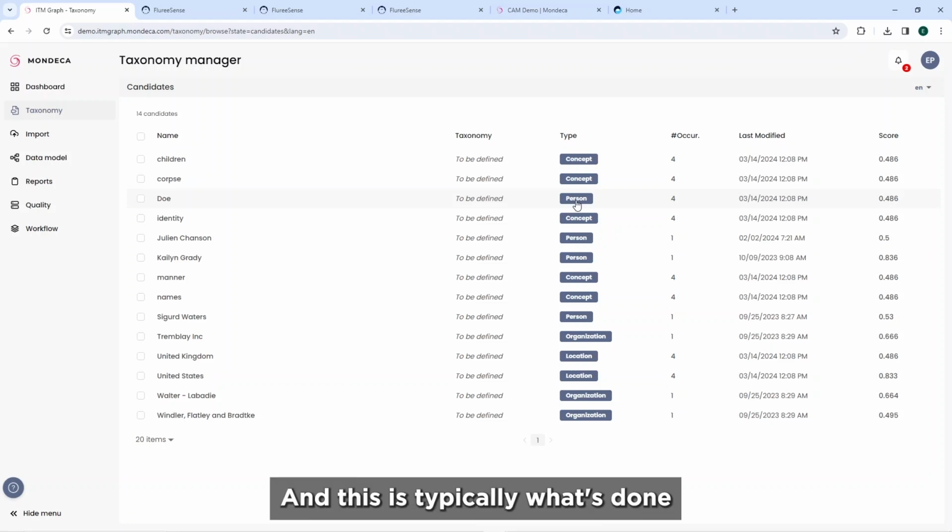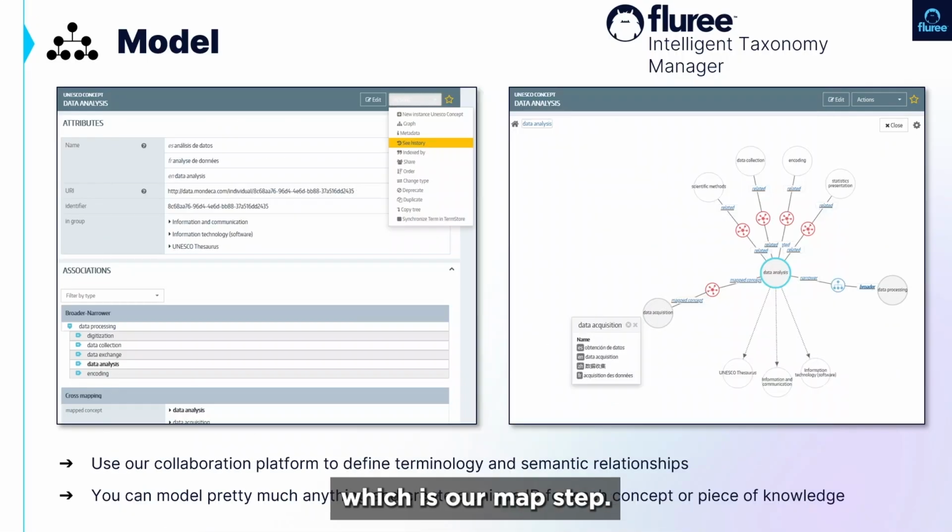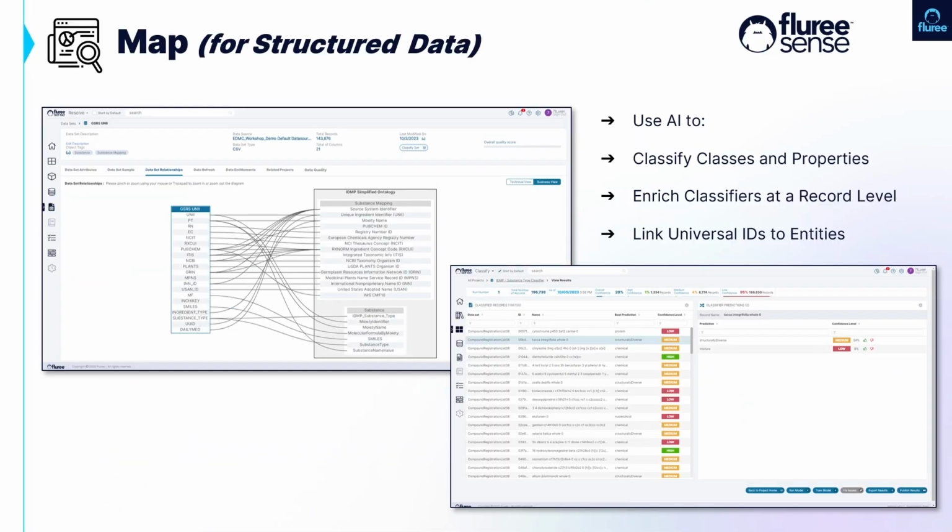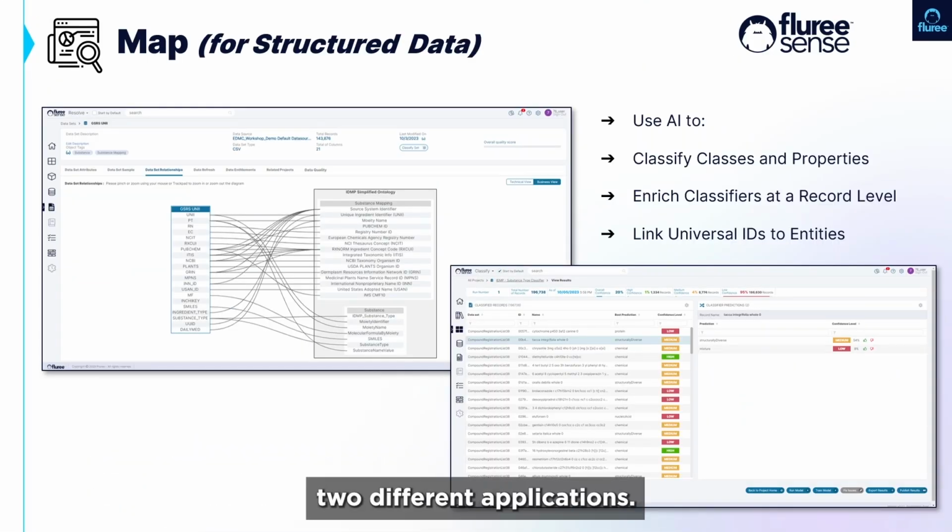And this is typically what's done through the second step, which is our map step. In our map step, we have two different applications. There's one application which focuses on mapping structured data and one for unstructured data. For structured data, we're going to take a look at our Fluree application.